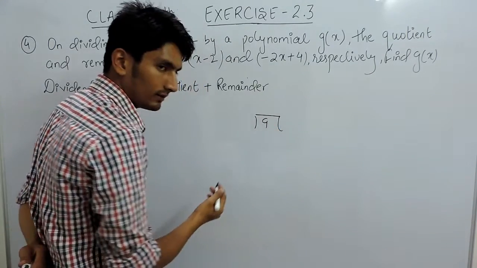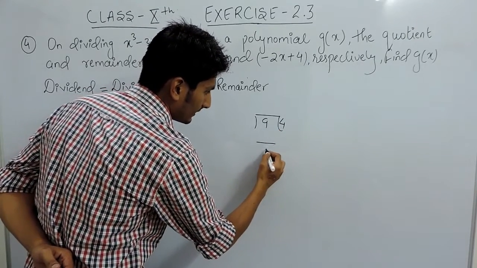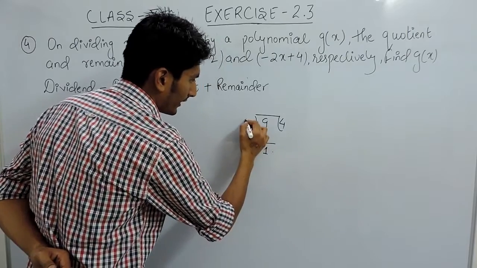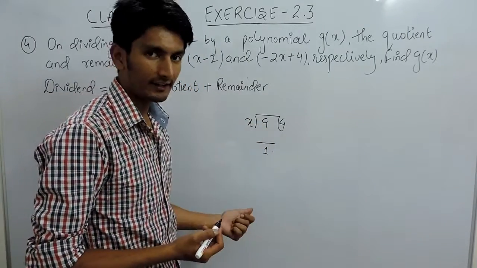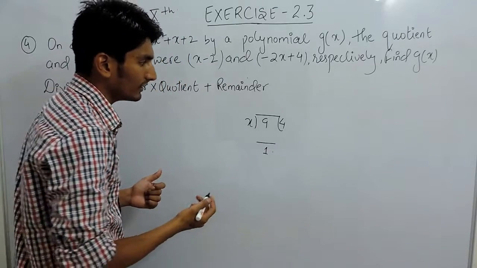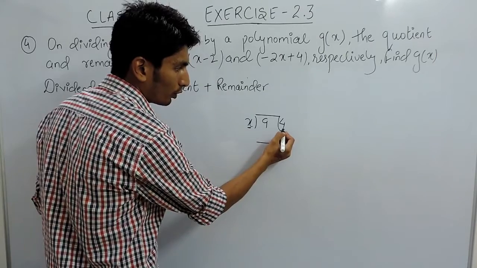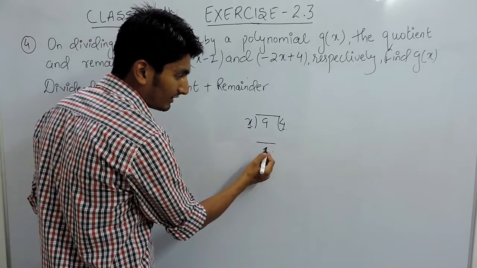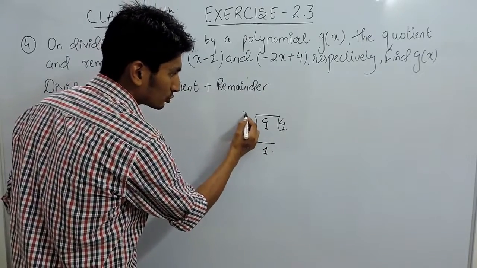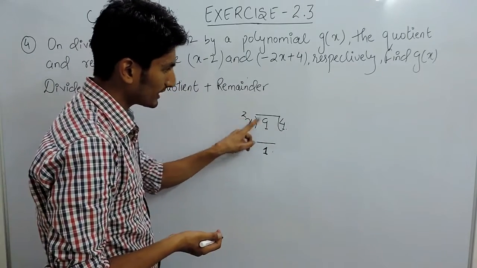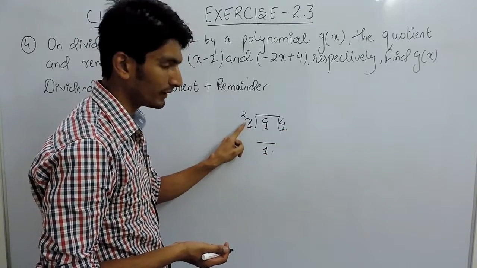a number is 9, quotient is 4 and the remainder is 1. You have to find by what number 9 is divided. So for that we can say that this when multiplied by 4 and when added 1 will give 9 obviously. So obviously this is 2 because 2 multiplied by 4 is 8 plus 1 is 9. So this should be 2.